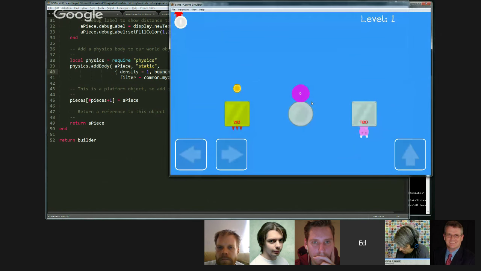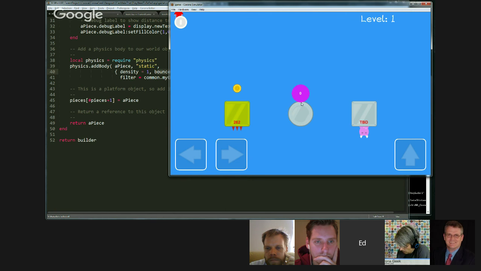You may recall from episode 1, as you can see here in debug mode, the body of the player is really just a circle. And the way we get motion is we have a force pushing this circle down into the current platform. And then if I move to the right, the circle rotates to the right, and I move to the left, the circle rotates to the left, and I use friction to